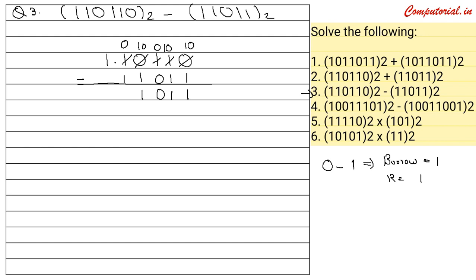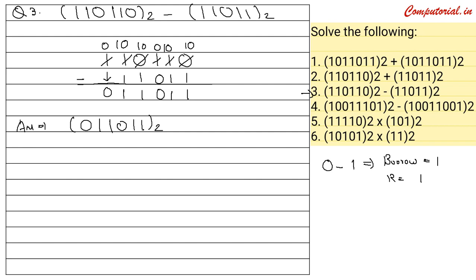And then for this last step again we have to take a borrow from this 1. So it will be 0, it will be 10. Result will be 1 and then we have to note down the 0 over this side. That's it. We have solved this question successfully. So our final answer is 011 with a base of 2. I hope that you all must have got this question properly.